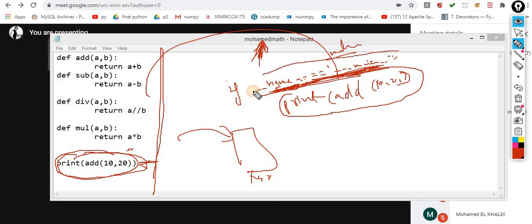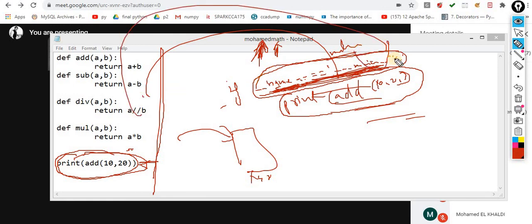This is exactly the same. You have to cram it: if underscore name double equals to main. Whatever you place inside this would be part of this one, and it will be executed when you directly call Muhammad. When you indirectly call Muhammad, at that time this condition is false. When this condition is false, that would not be executed.